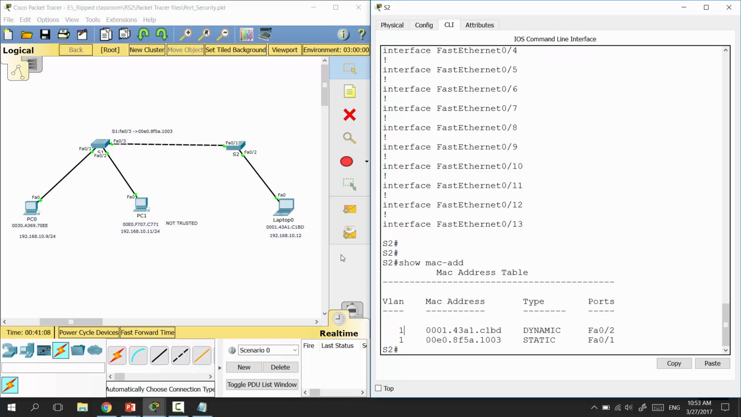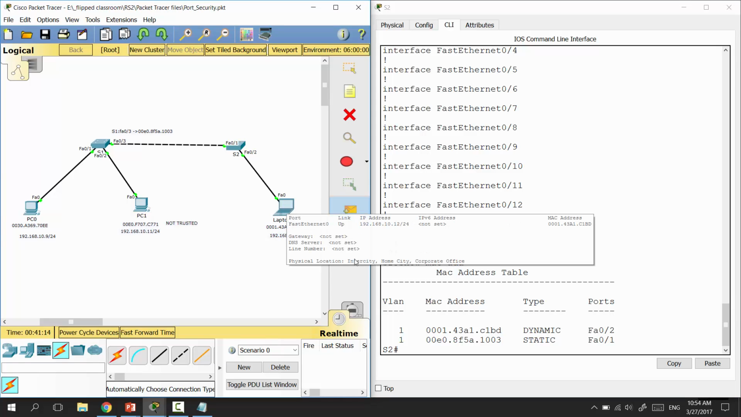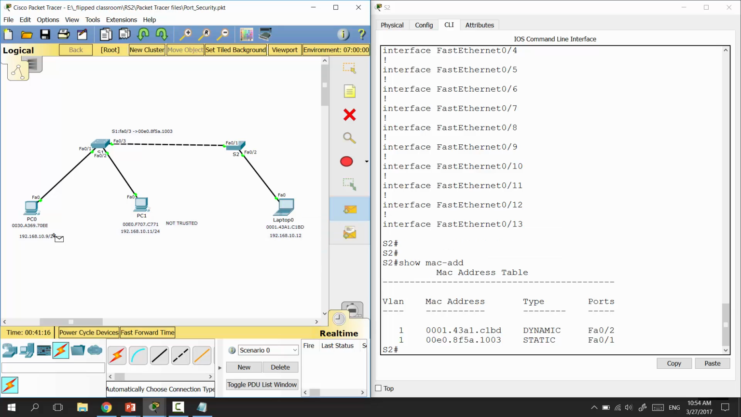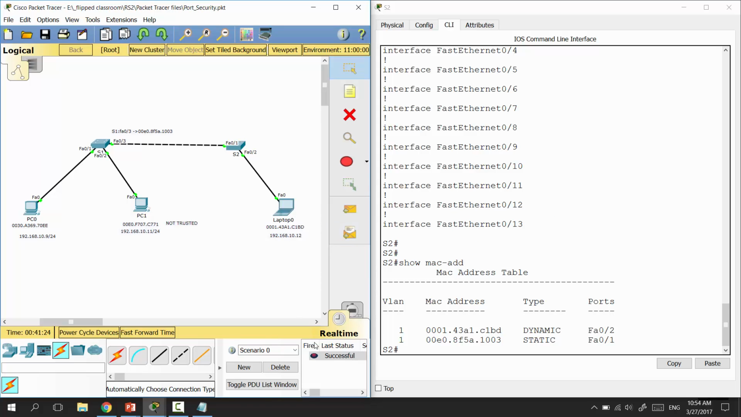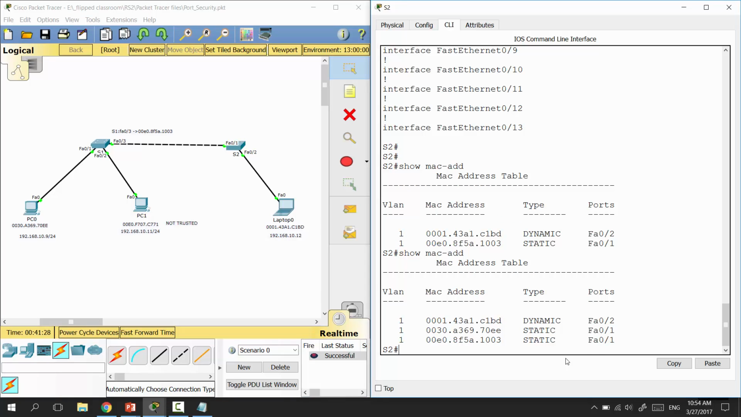So if our computer 0 or computer 1 tries to make communication with laptop 0, then its MAC address will be learned here. So PC 0, for example, is trying to make communication with laptop 0. And you see it is successful. And here we have to see the next MAC address, which is written here. And then